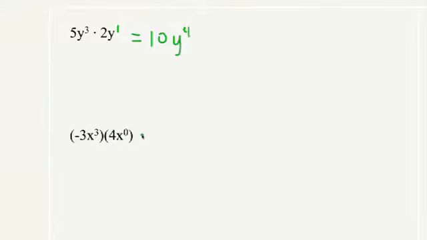So here, first again, we'll multiply the coefficients. Negative 3 times 4 is negative 12. And you can deal with the x's two ways. The first way is just to say x to the 3 plus 0 power is x cubed. Or if you want, you can simply rewrite this as negative 3x cubed multiplied by 4, since 4 times 1 is 4. That will also give you 4 times negative 3, or negative 12x cubed. You can do this whichever way seems easier to you.